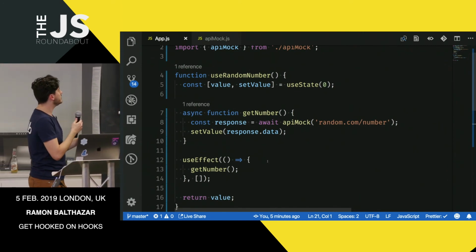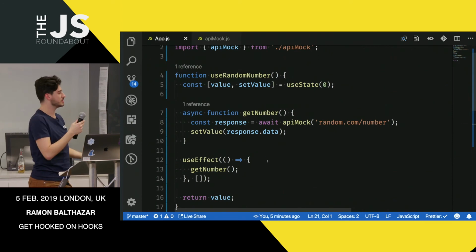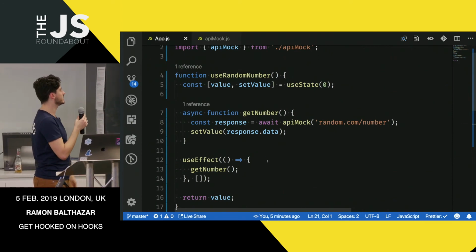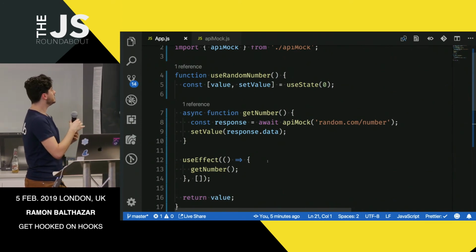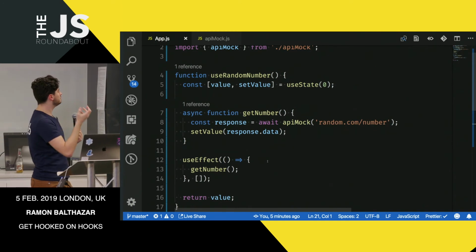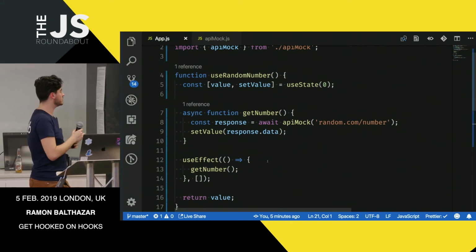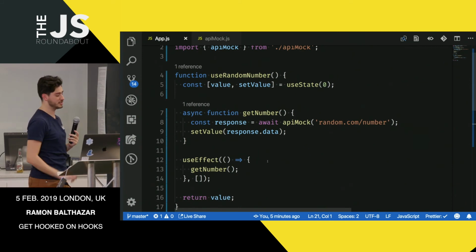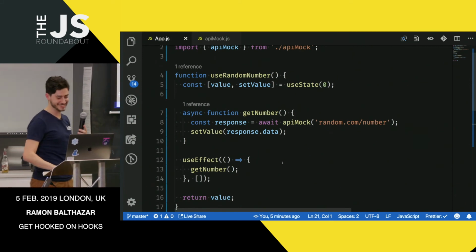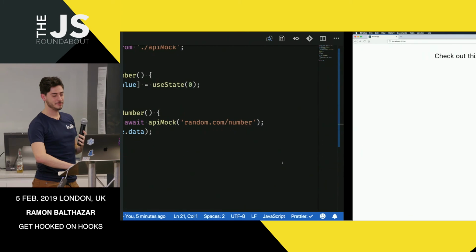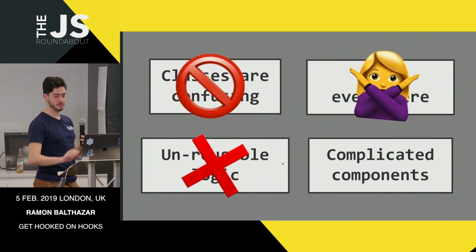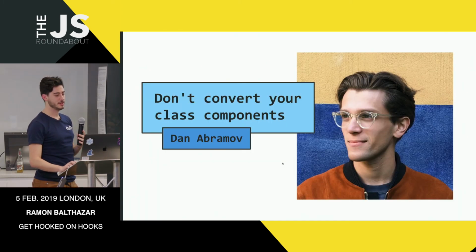If you need to reason about something, say you have a huge component that does a lot of stuff, and you need to know how to fix some specific thing, all the logic will be in the same place. You won't need to be scrolling through 1,000 lines, and man, I just love this. I'm just too excited. And yeah, done, man.